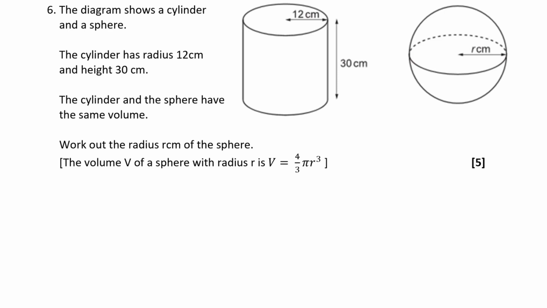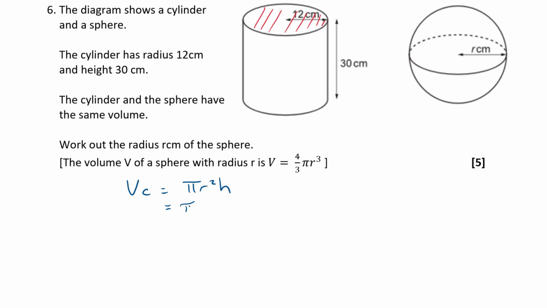The volume of a cylinder is equal to, well, a cylinder is just a circular prism, isn't it? It's got a circular top there. So for any prism, we work out the area of the cross-section multiplied by its height or length. So in this case, it's going to be pi r squared, the area of a circle, times h, the distance between the top and the bottom. Okay, so subbing that in,